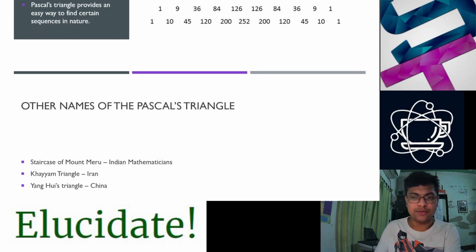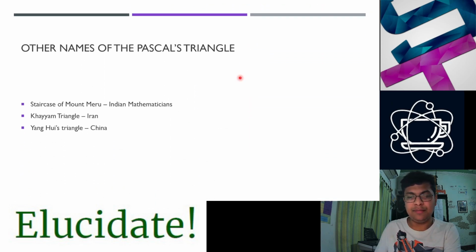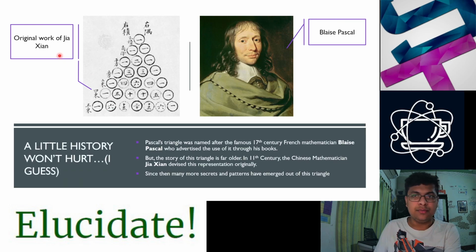So let's continue. This triangle is known by many other names. For example, our Indian mathematicians of the early centuries used to call it the staircase of Mount Meru, people of Iran used to call it the Khayyam triangle, and in China it was named Yanghui's triangle. A little history about this triangle won't hurt, I guess. Mathematicians don't like to discuss history, but still,